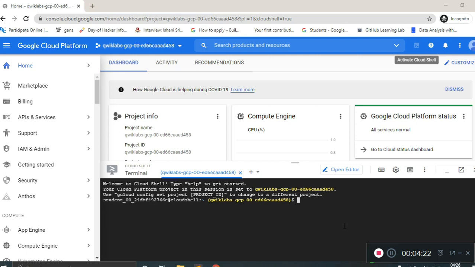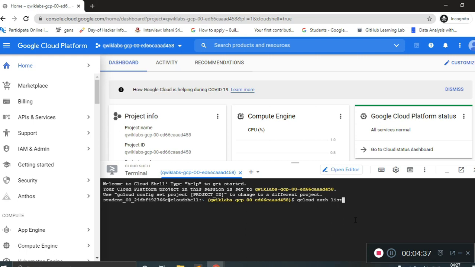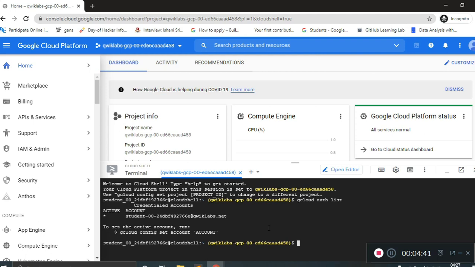Now once Cloud Shell is opened, let's check our default account and project with gcloud config list project.